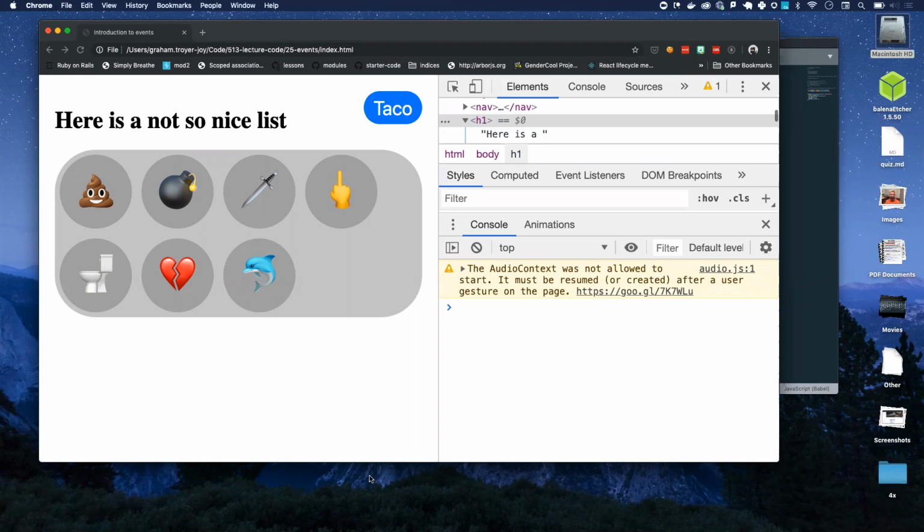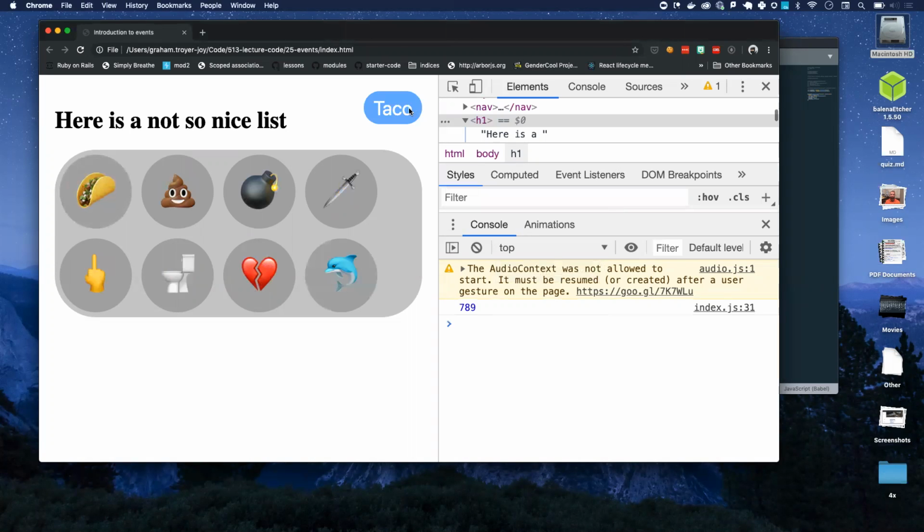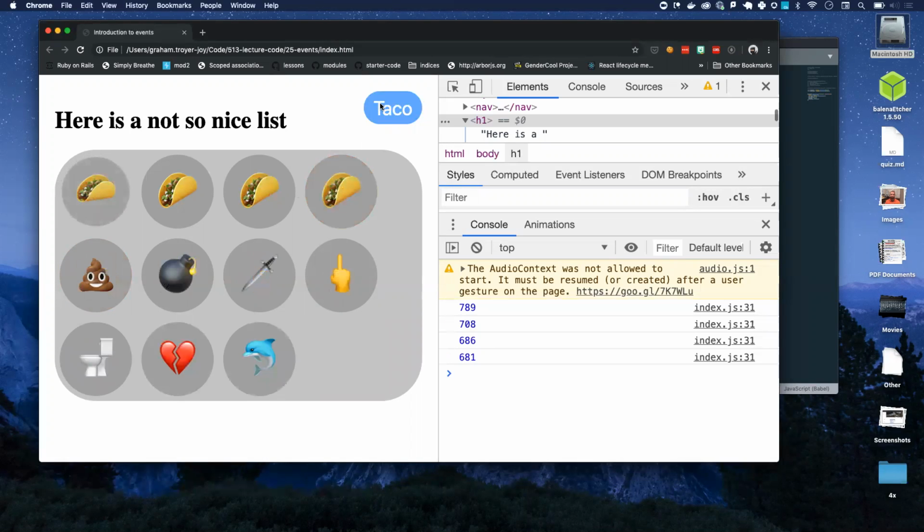All right, so we didn't talk about how to attach event listeners to multiple things. Here, we've got a beautiful event listener that will add tacos when we mouse over this button. It confuses me every time, but that's how this event listener works. If